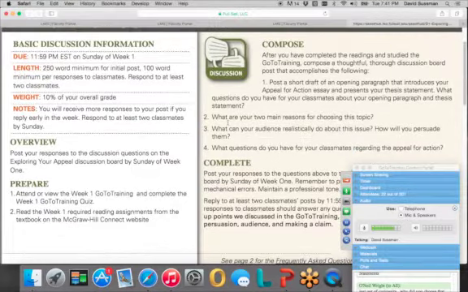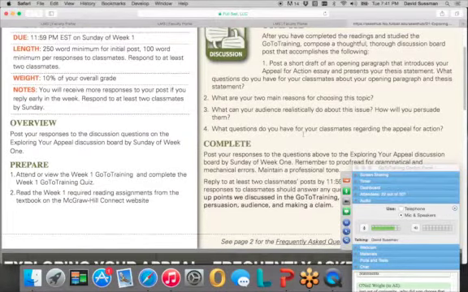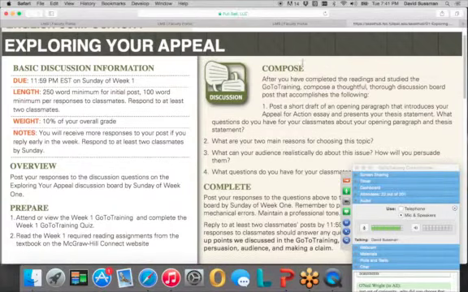Okay, and then you have some other things to cover, like what are 2 reasons you chose your topic? What do you think an audience could realistically do about your topic? And what questions do you have for your classmates? Okay, so this is all part of the original post. The biggest part is going to be writing that opening paragraph, an introduction paragraph, that hopefully, if it's well written enough, will function as the opening paragraph of your essay, so that you've already got one paragraph of your essay completed ahead of time.